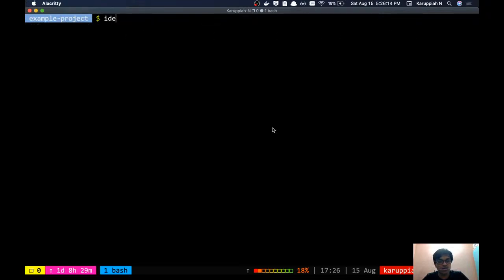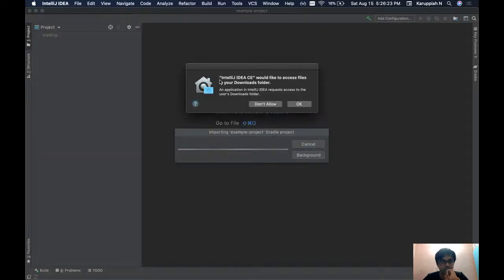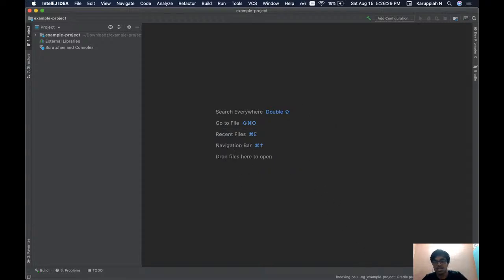I am going to open this using IntelliJ. Okay, so this is going to take some time to build, and in the meantime